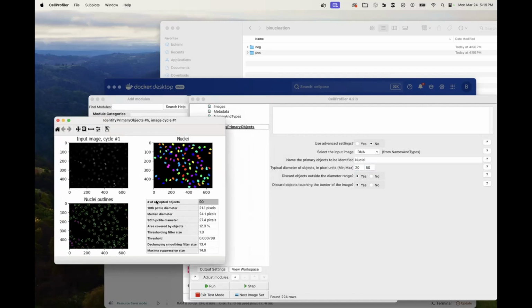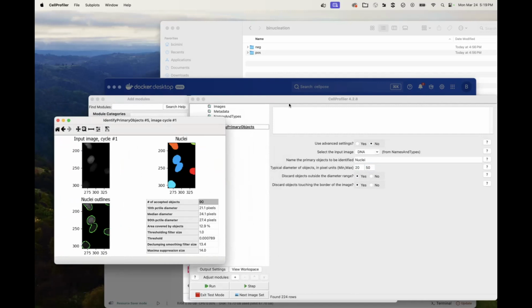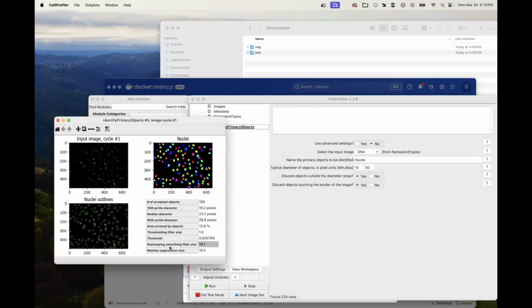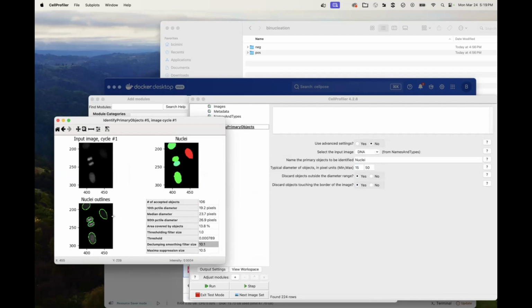Lovely. There we go. So pretty. Now it's not doing a great job here when the objects are touching, so maybe I'll go down a little bit further and see if I can split the difference between 10 and 15. Otherwise, we'll take a quick look at the advanced settings. And hey, look, 15 did the trick. Magical. Wow. So now we have all of our objects, even this one, which looks like it is actually